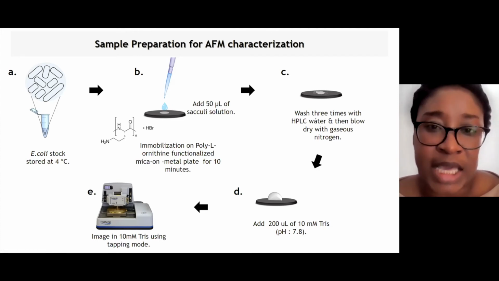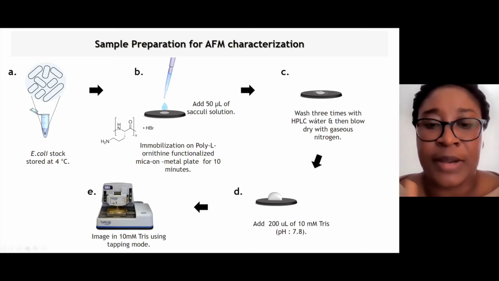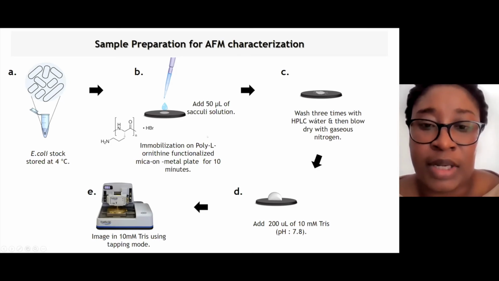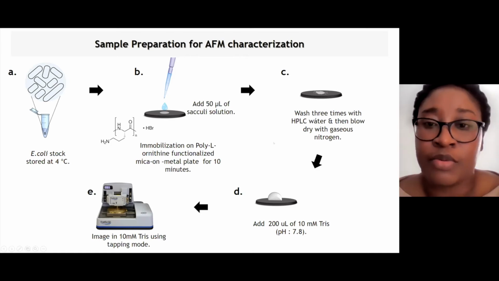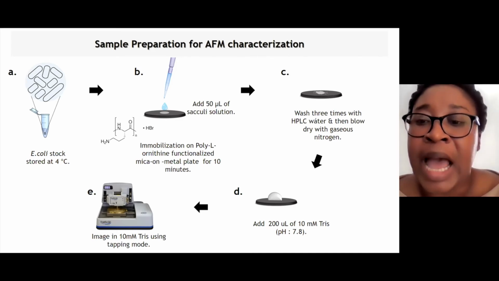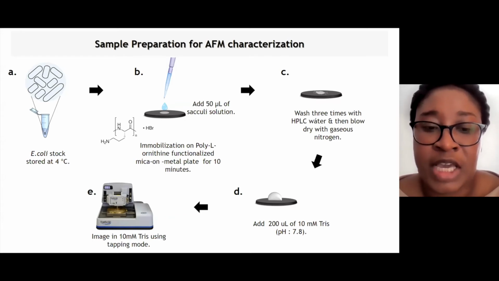But because the cell envelope is negatively charged, I need a bridge. So the first thing is to actually passivate the surface using poly-L-lysine, and afterwards immobilize the culture based on the dilution or based on the concentration, and that lasts for 10 minutes. Then wash vigorously, like just pipetting up and down 3 times to remove whatever excess material that I have that is not physisorbed, and then image in Tris buffer, which is just 10 millimolar Tris. This is actually a typical picture of the AFM that we have in the lab, which is FastScan.